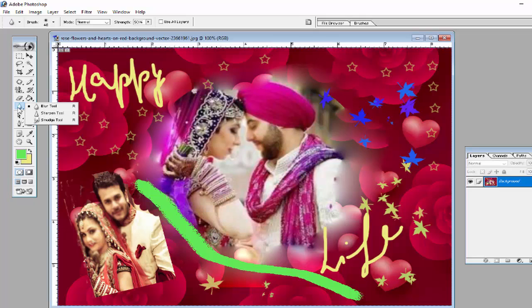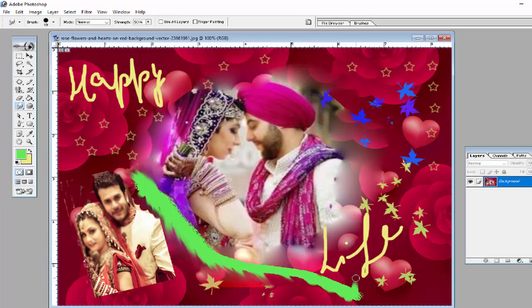And if you want to use another option, that is called the smudge tool, to expand the color of your image like this, to make the color more attractive, you can use this smudge option to expand the color.